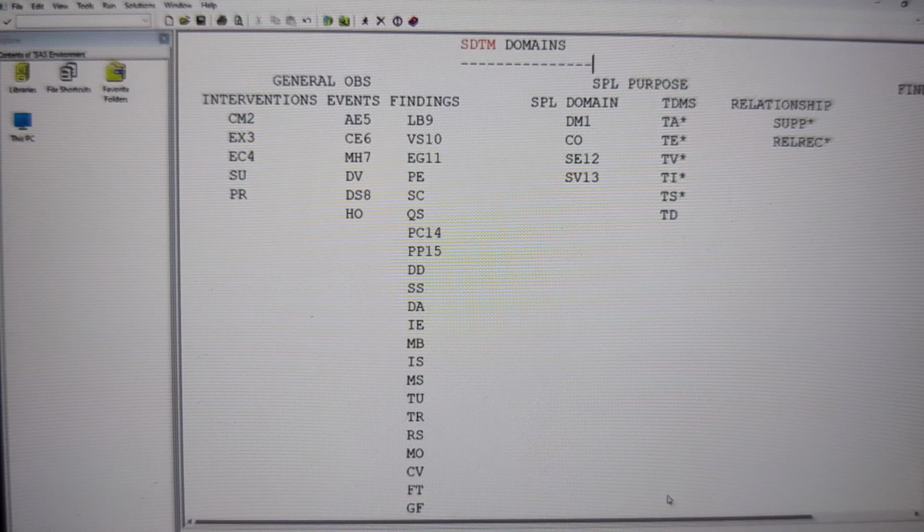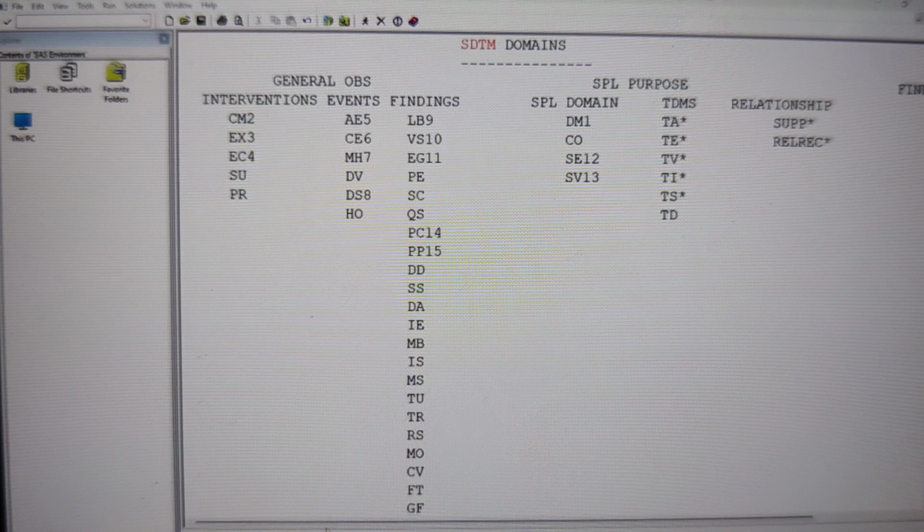So we are going to discuss around 20 domains programmatically, and another 10 domains theoretically. In total we are going to complete 30 domains. In any given study, if you want to do these 30 domains in real time, how much time will it take to learn? It is going to take around 3 to 4 years. So whatever knowledge or experience we would get over 3 to 4 years, we are going to get in the next 1.5 to 2 months. Understand this, everybody? This is about SDTM classification, and these are the important domains that we are going to discuss.